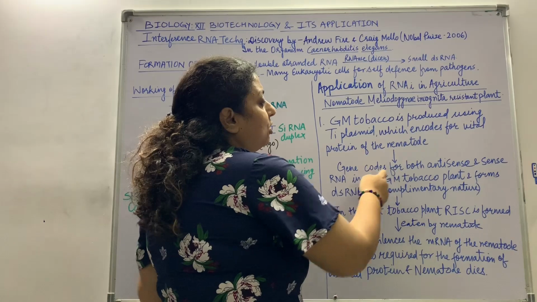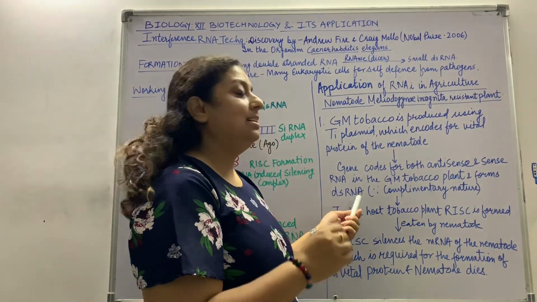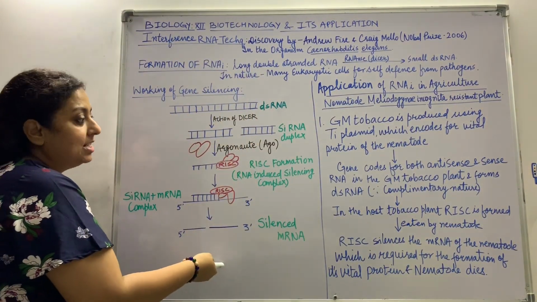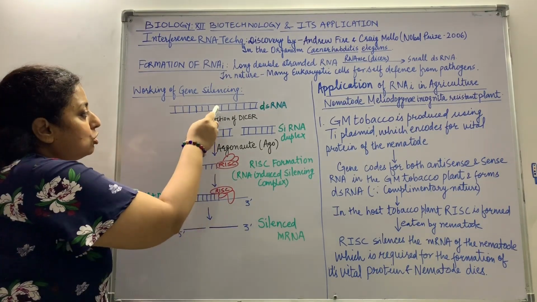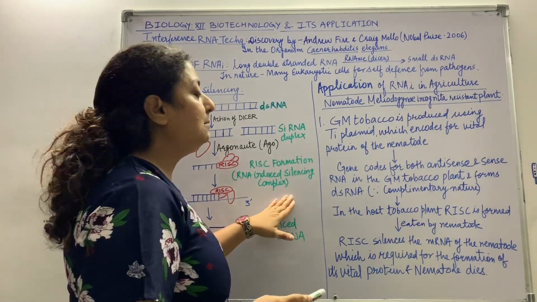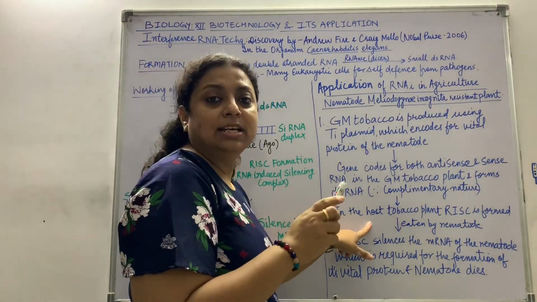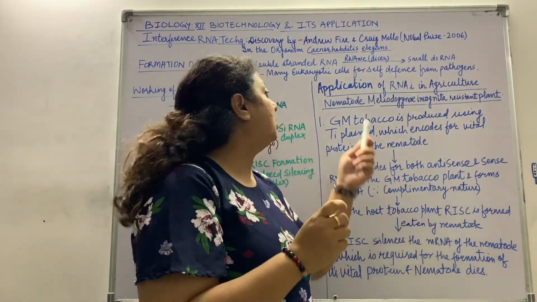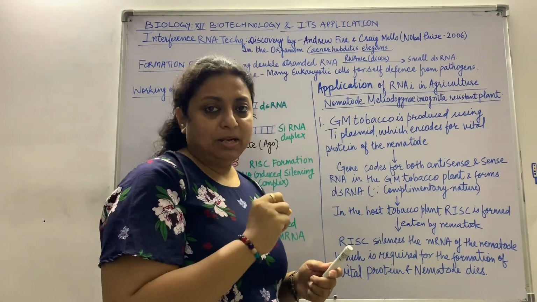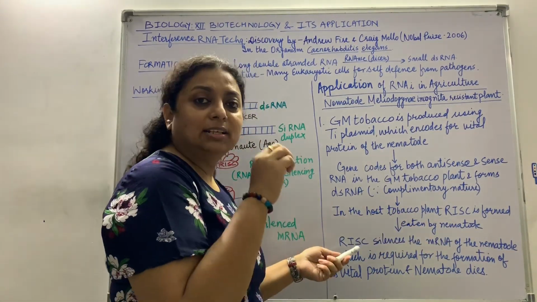Now this gene codes for both antisense and sense RNA in the GM tobacco plant and forms a double-stranded RNA. And now the story is repeated on this side, right? So when the double-stranded RNA is formed, automatically these steps will be followed till here. RISC formation takes place in the host plant only. And then what happens when this particular worm infects the tobacco plant, it is going to eat some of the cells of the plant, and automatically this RISC is eaten by the nematode, now inside the gut of the nematode.